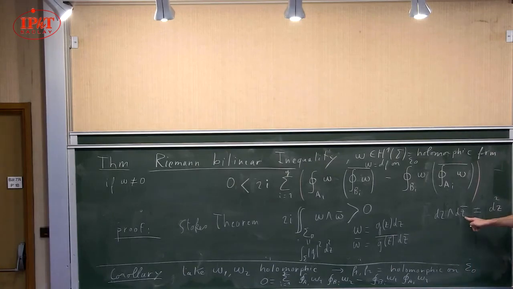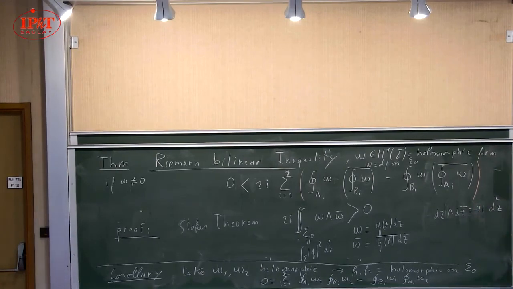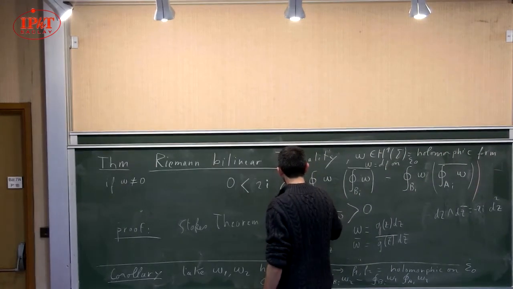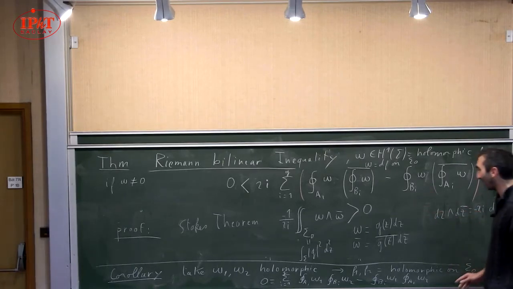dz bar is minus 2i. Is this one correct? Yes, that's correct. So then it's minus 1 over 2i, that is positive. So it's just i over 2 instead of 2i. To carry out this computation, you represent z as the sum of real and imaginary parts, yes. It doesn't matter too much. What I just want to say is that